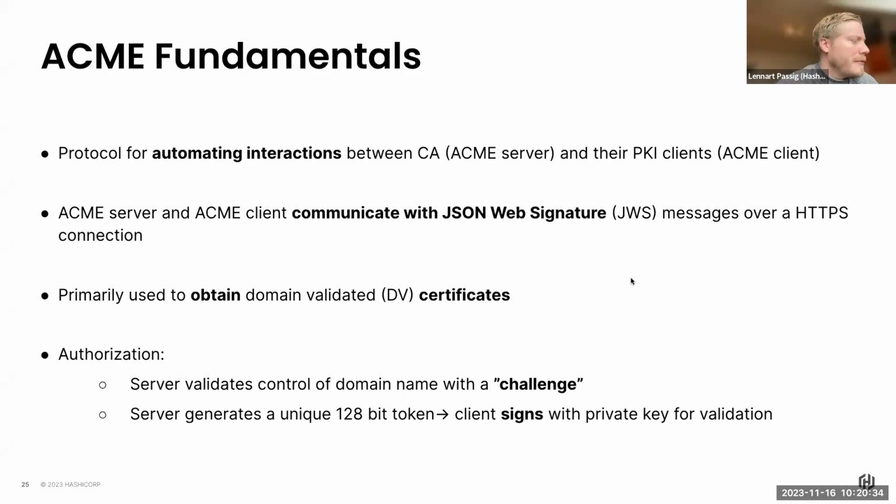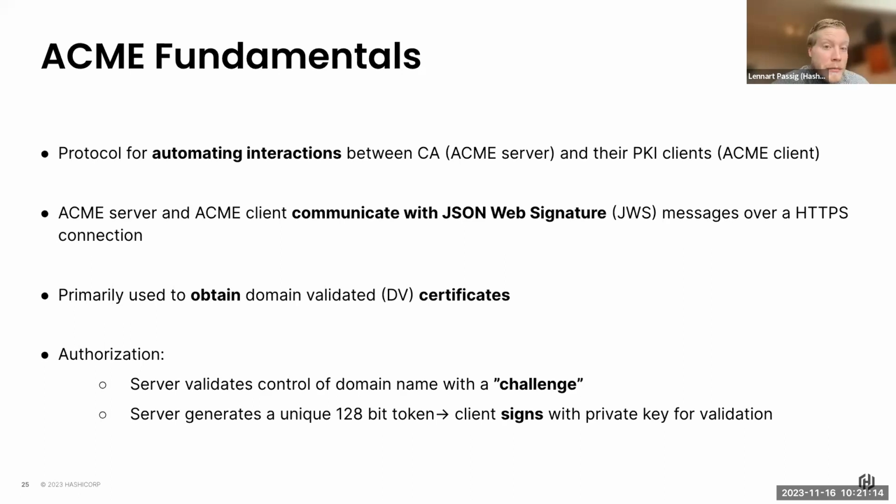From a fundamentals point of view, ACME itself automates all the actions that we have done manually using this 1 to 3 hour, or even days, process, right? This process is being automated using the Vault, using the ACME server and the ACME client. ACME clients we've seen before. There can be quite a bit, and we'll look into it in just a bit. The communication happens using JSON web signatures over HTTPS. This is how the communication happens between a client and a server.